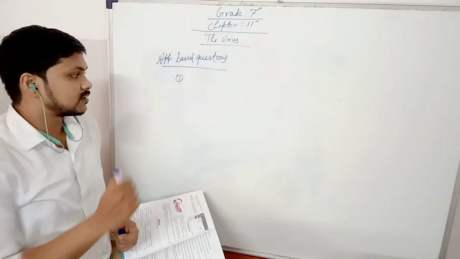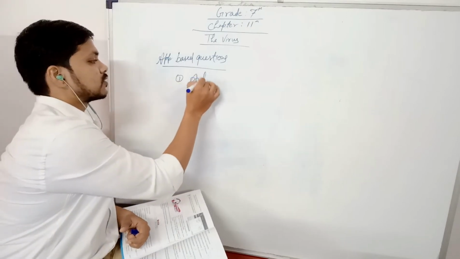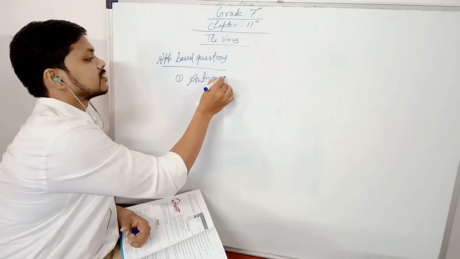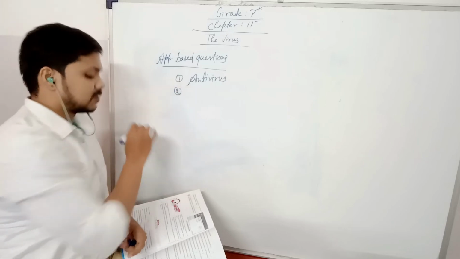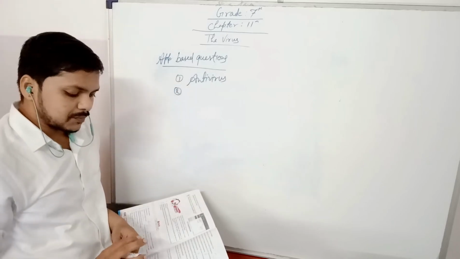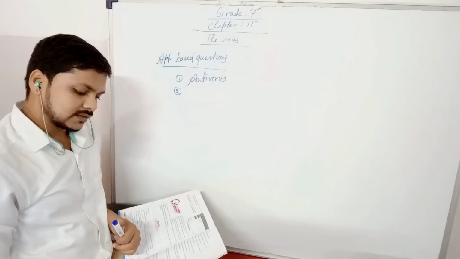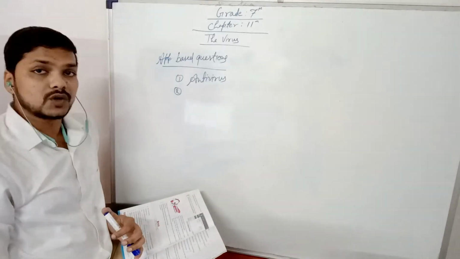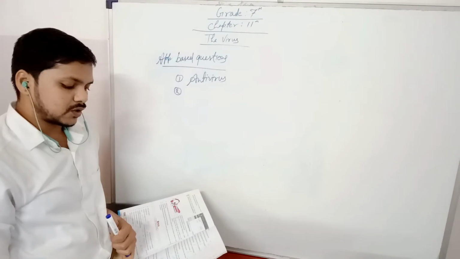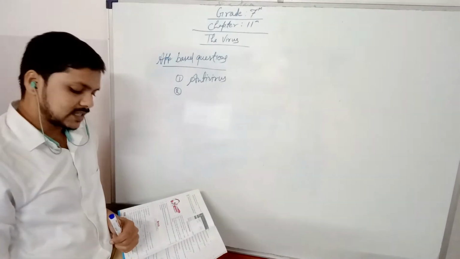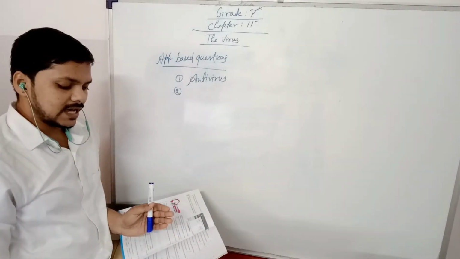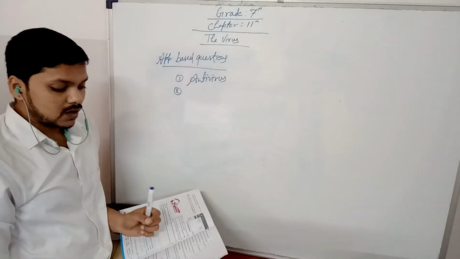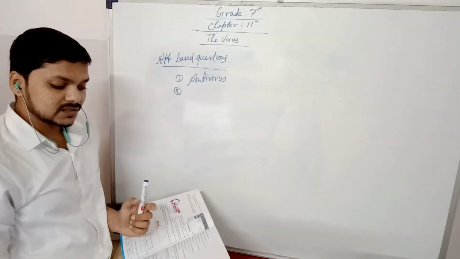She will use what? Antivirus program. So right here, antivirus. Now second application based question. Sumit's computer is not working properly. The executable files and programs with extensions like .com, .exe, .ovl, .drv, .sys on his PC have got infected. So what type of virus has entered into his system?